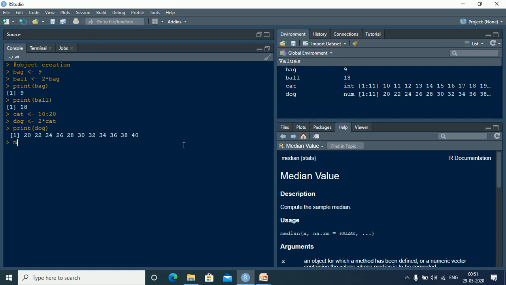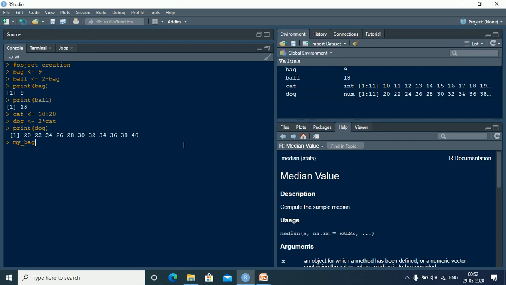Suppose I want to create an object my bag. I can create it as myBag, with B capital to differentiate. I can also create it as my dot bag. I can also create it as my underscore bag. So dots, underscores or capital letters can be used if you have a longer name and you want to differentiate between the different words.